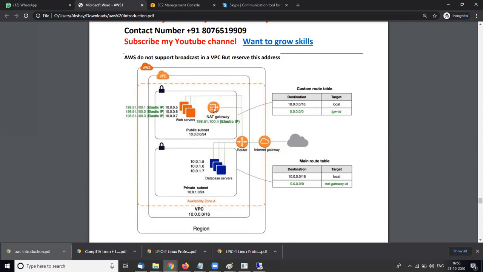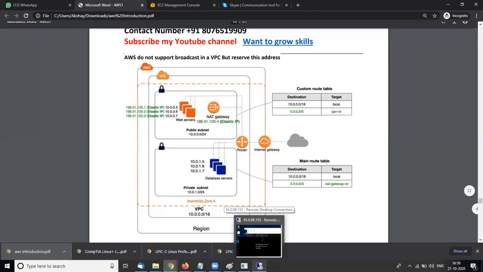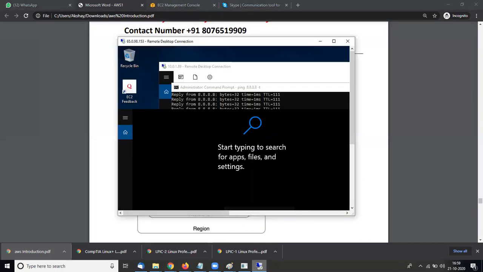So the NAT gateway is a network address translator. That means if any traffic comes from this, it changes the public IP into a private IP and hits only the private IP. If this server wants to connect with these subnets, it requires a NAT gateway, network address translator. So it connects with this and then with this database. I have created a NAT gateway for my server. Now let me check whether I have public access from my private IP or not.